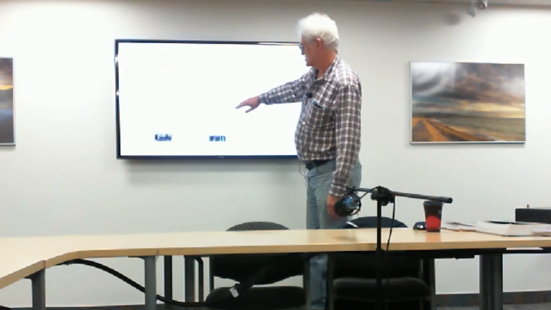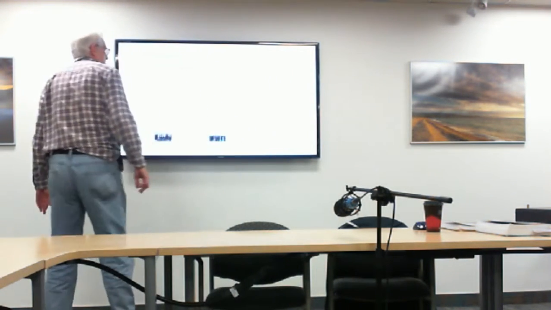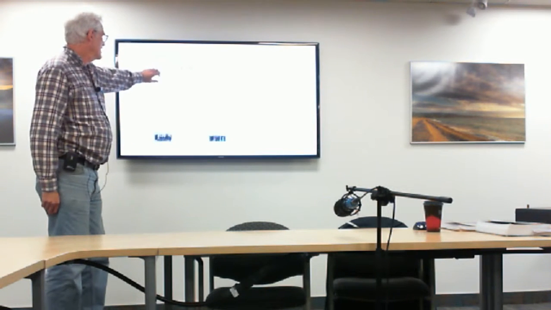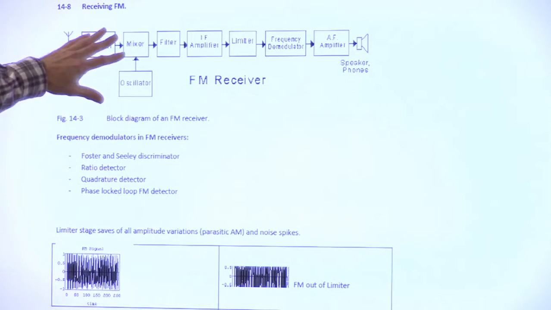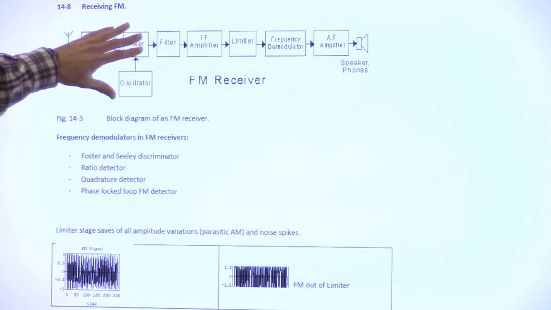All right, we like talking block diagrams, Dave. So now if we're receiving an FM signal, it's almost the same. We still have RF amplifier. We have our local oscillator, mixer. We filter it. Again, we run it through